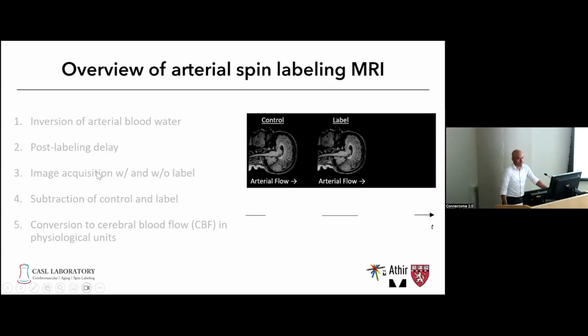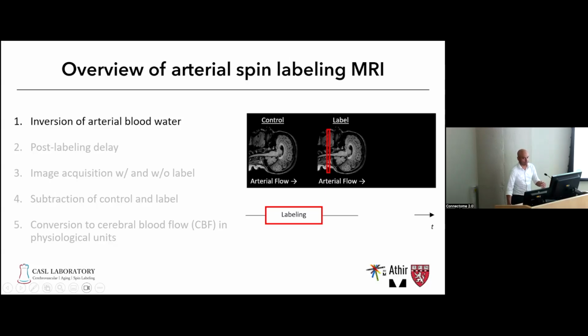So just a brief overview of ASL. The contrast in ASL is introduced through radiofrequency inversion of the spins in the arterial blood at the level of the cervical spine. The region highlighted in red here is shown overlaid on top of T1 images acquired and positioned as if the individual was in the head first supine position placed in the scanner, with arterial flow going from left to right. So the red region here is where those RF pulses are played out to actually invert the spins of